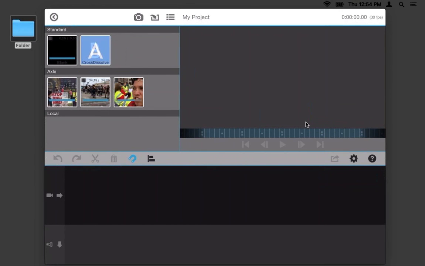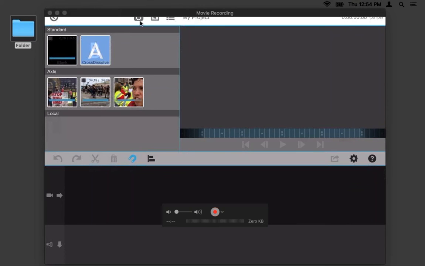On the top left, you will have the different transitions, standard clips that you may have. Below, you will see that I have already brought in some of the Axel footage, but you can also bring in your local footage. So at the very top of the app,